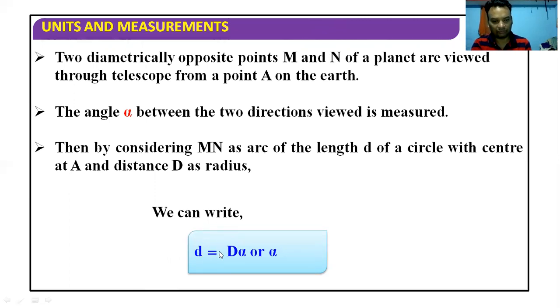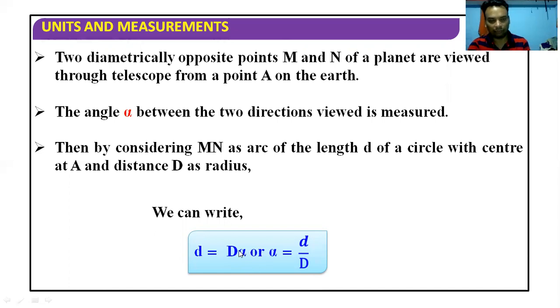So same small d that is equal to capital D, the distance, that means the radius of that star or radius of the moon in this case, from the surface of Earth. Alpha is the parallax angle. So we can find out alpha is equal to small d upon capital D. From here we can find out this diameter. The diameter is equal to capital D, the distance of the moon from the earth, which is known, times alpha, which is known, so we can find out the diameter of the moon.